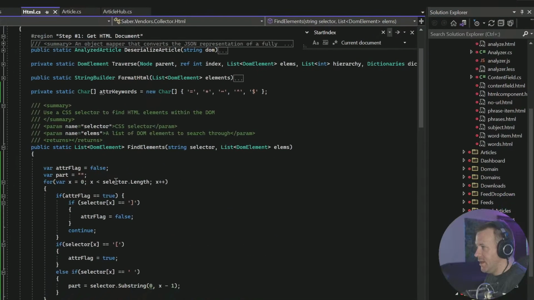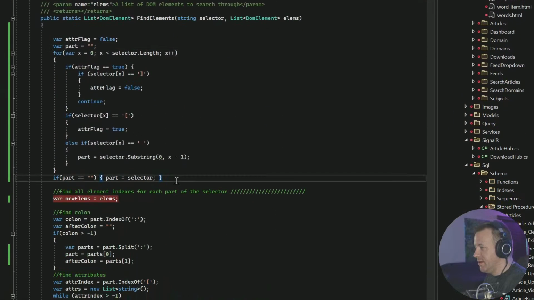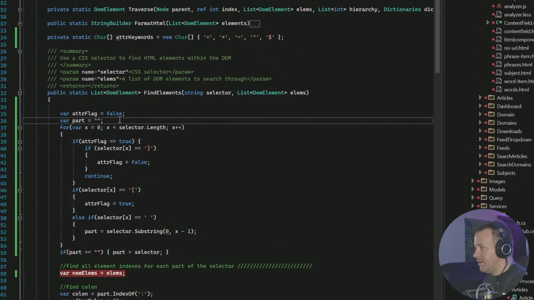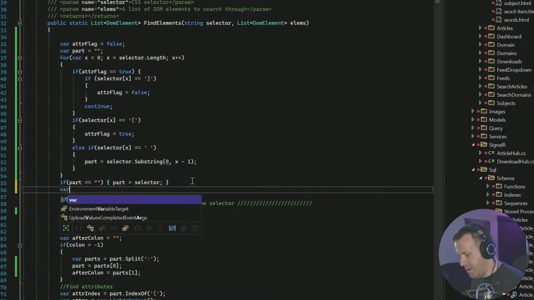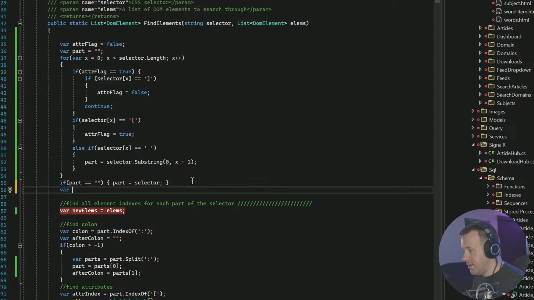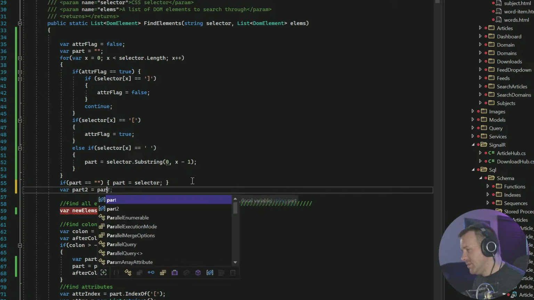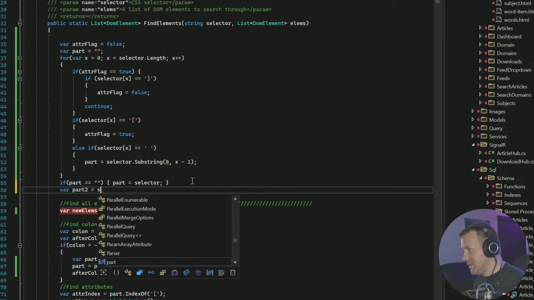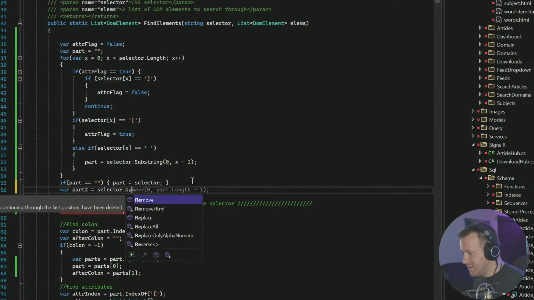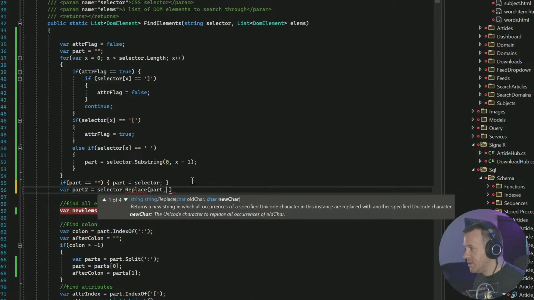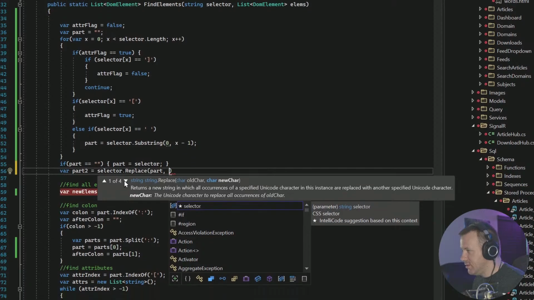Alright, then I'll make, let's see here. Part, let's see, part 2 equals selector dot replace part, and we're only going to